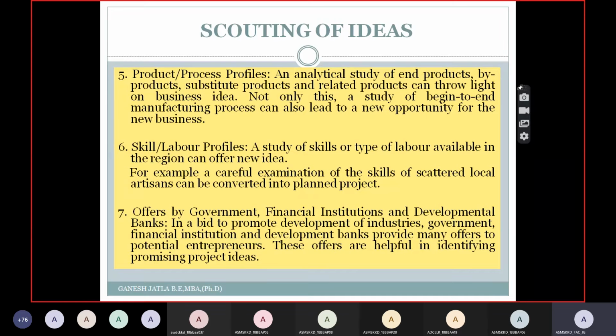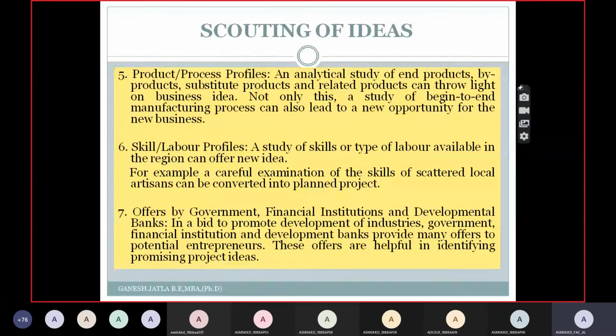where it is required. The best example is, as you know, today in Amazon everything is available. Even mud pots are available. Earlier you used to find these mud pots on the roads, but currently you are purchasing through Amazon. Why is this happening? Because of market channelization, because you believe that whatever product is available in Amazon is of good quality. So you try to purchase it.